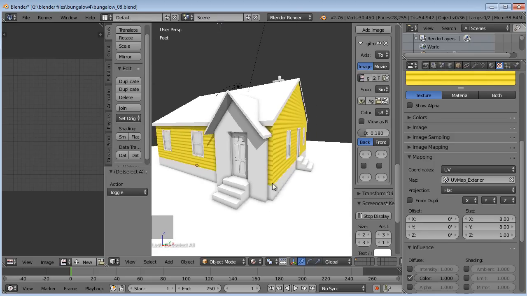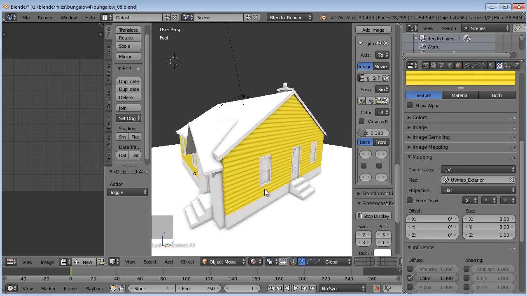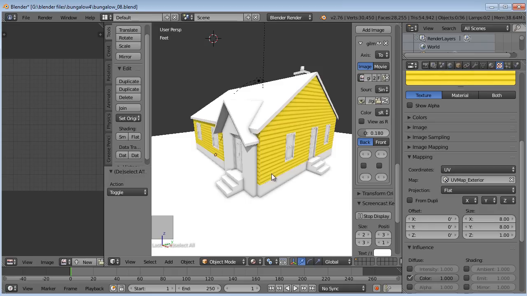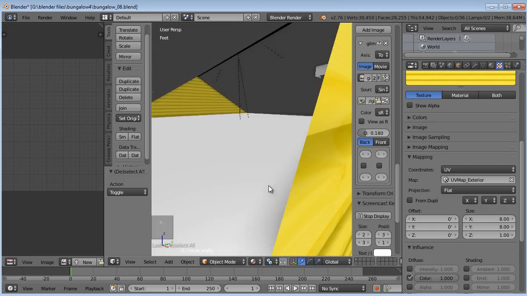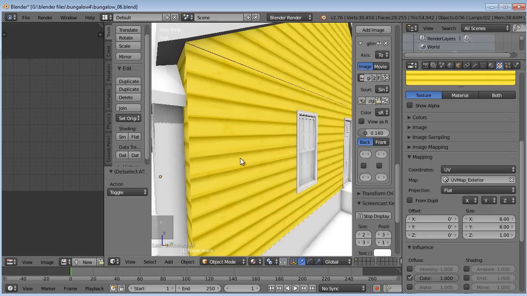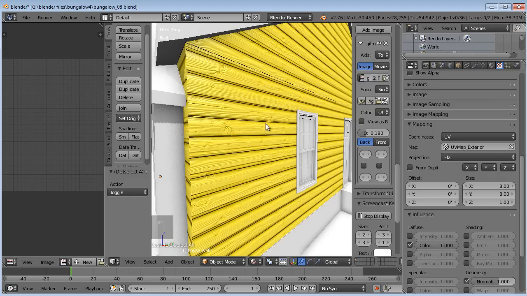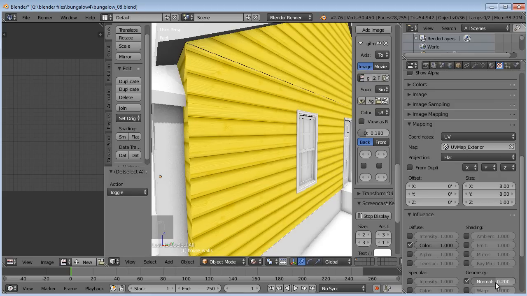But in any case, this is a nice tiled wall there with siding. It looks good color-wise, but I'd also like to give it a little bit of a texture, so it actually looks like boards on the wall rather than just, you know, painted on there. So what we can do is under here, under influence, also set that to normal, and that'll give it a nice texture. One might be a little bit too much, so if we just scale that down